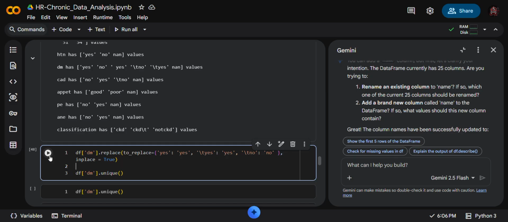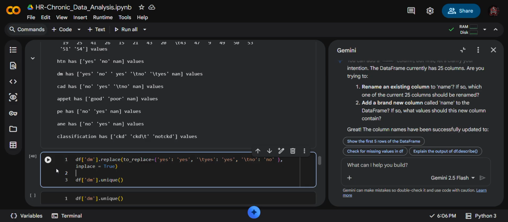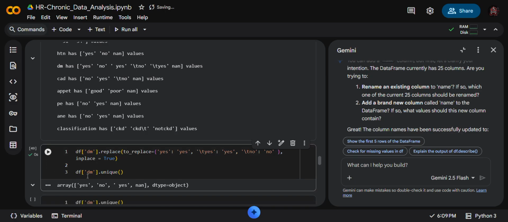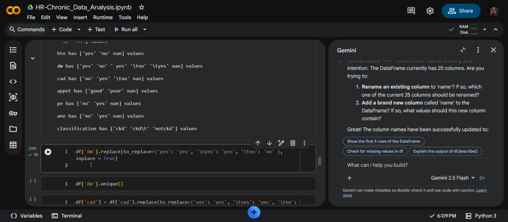That's where the output will be visible here, none other than this. Let's see. Okay, this is our output: yes, no, yes, none, and n. If we did not use this command before, it will be like this.